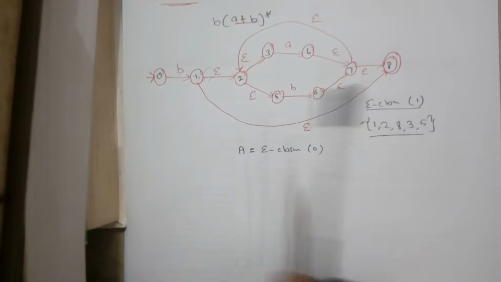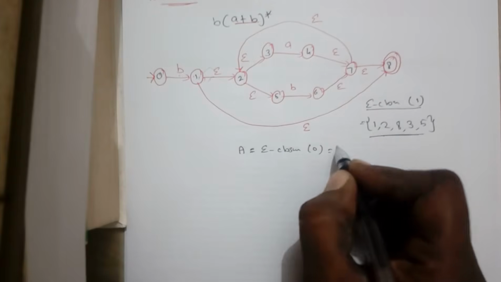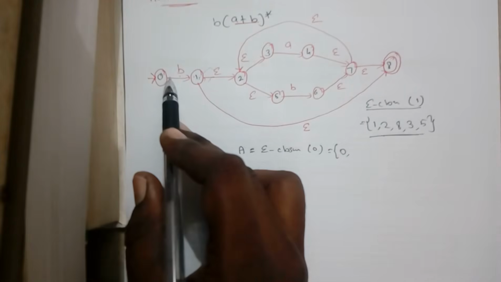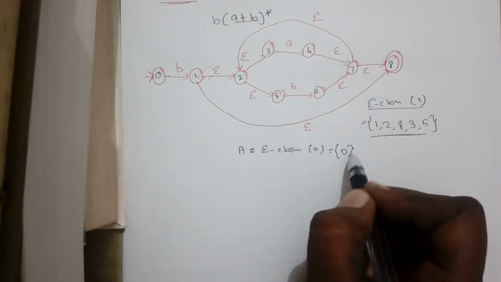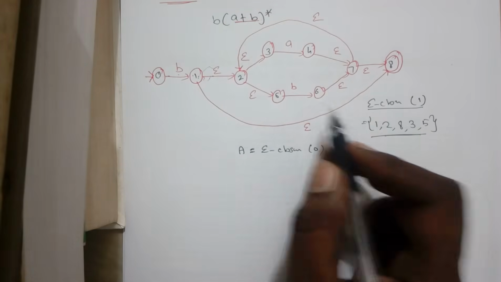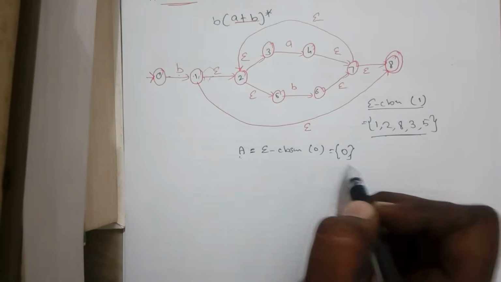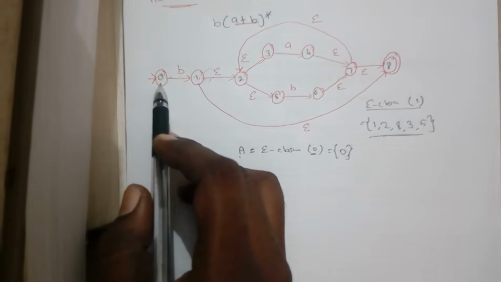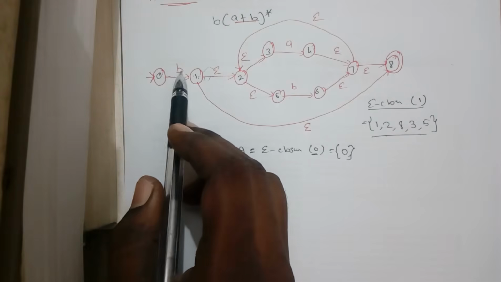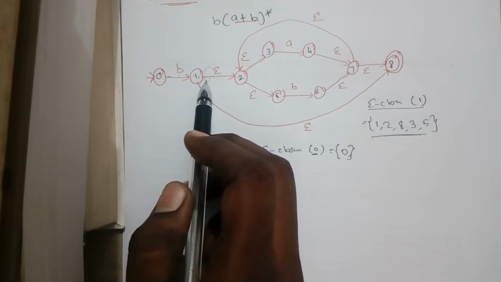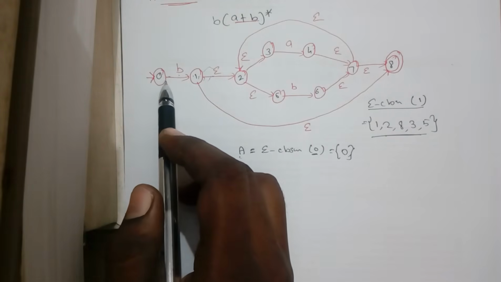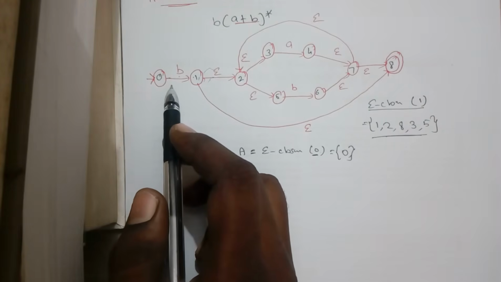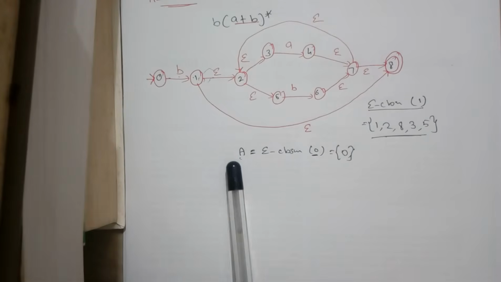So in this particular case, the epsilon closure of 0, we have to include state 0 over here, and state 0 on epsilon has no transition at all. So we'll just close this. So only one state is there in this A. In the starting state 0, like always, 0 can act as a transition starting state. When you have input as B, we have a transition from 0 to 1. In all the remaining cases we stay in this Q0 itself. There is no other path from 0. There is no epsilon transition. So now we have a starting state of the DFA.